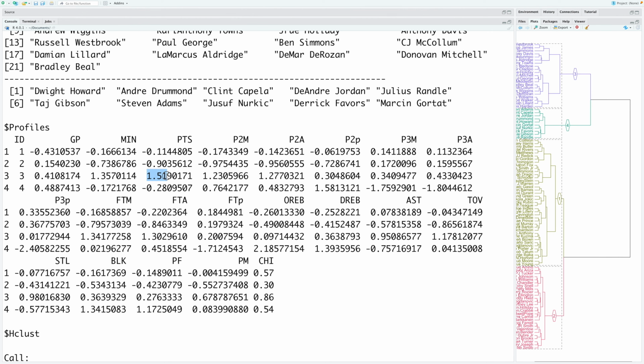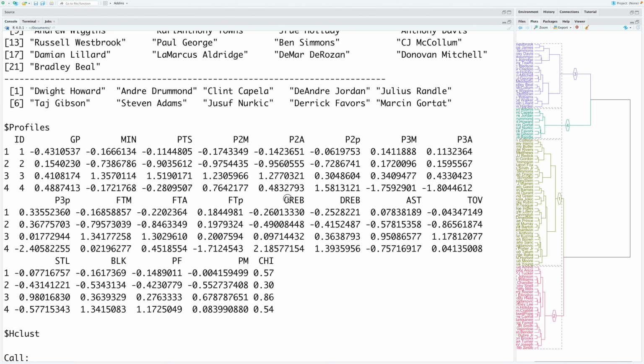Similarly, players in cluster 3 compared to an average player, they end up with much more points. And players in cluster 2, so negative means that players in cluster 2 make very few points. So 2 points made, again on the positive side, 2 points attempted, also on the positive side, and 3 points made and 3 points attempted, also higher compared to other groups.